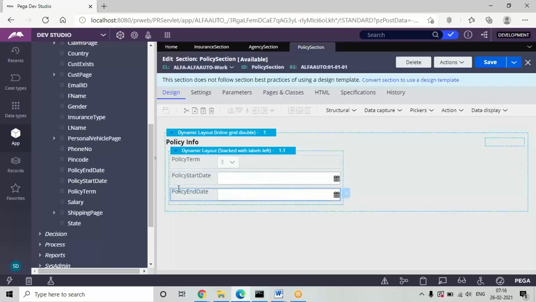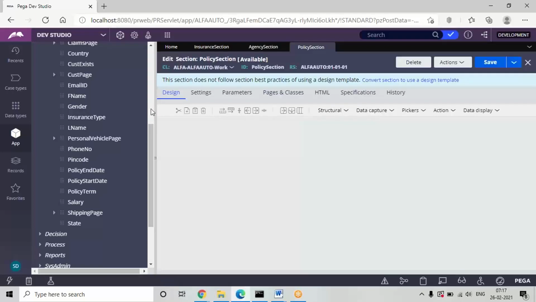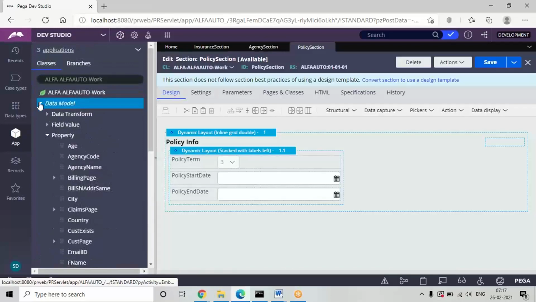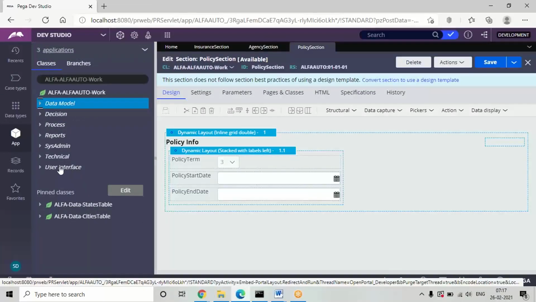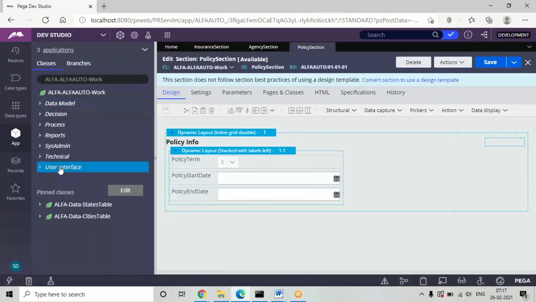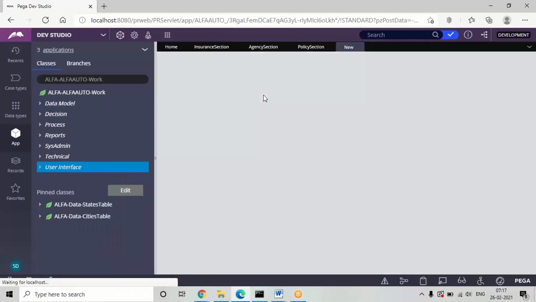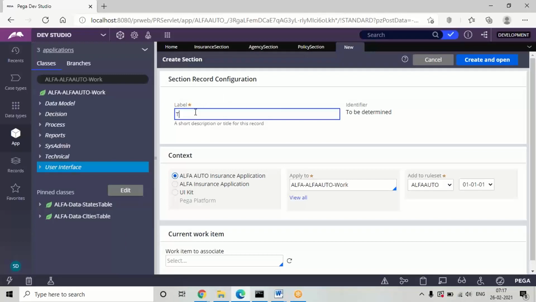Actually, the declare expression condition we are going to add for the policy design. For other designs, we'll be adding the next conditions. So in the decision rules and all, some decision rules will be added for the other designs. So now all the three we are going to add in one section. So the three above designs we are going to use in one design only.